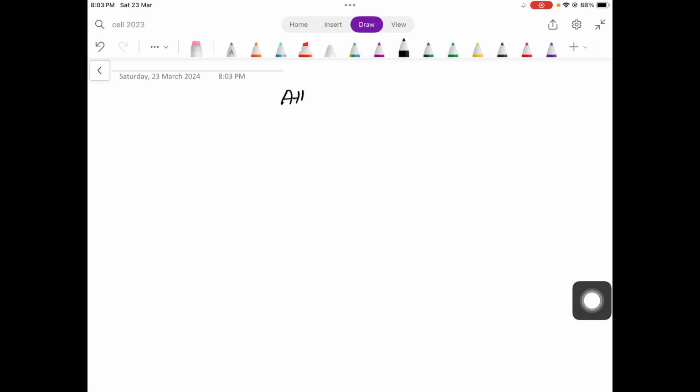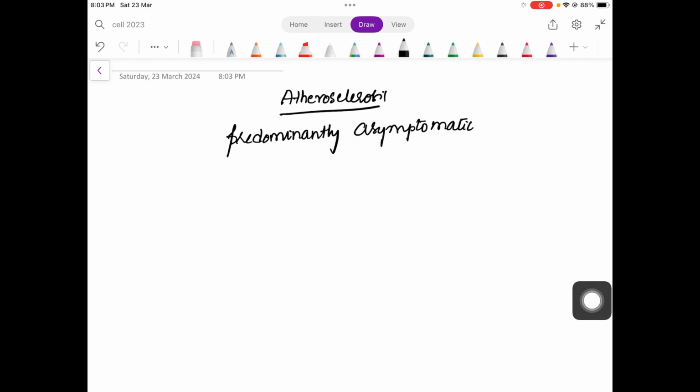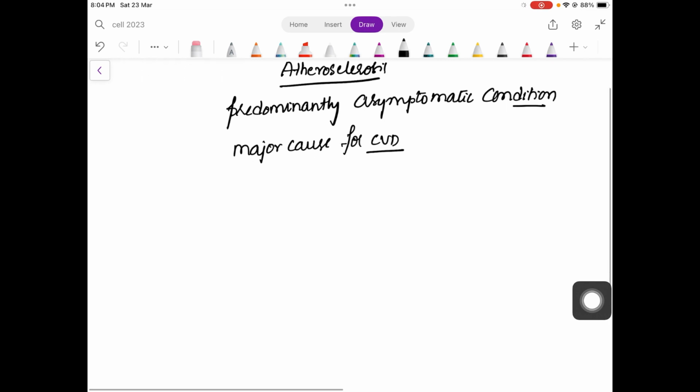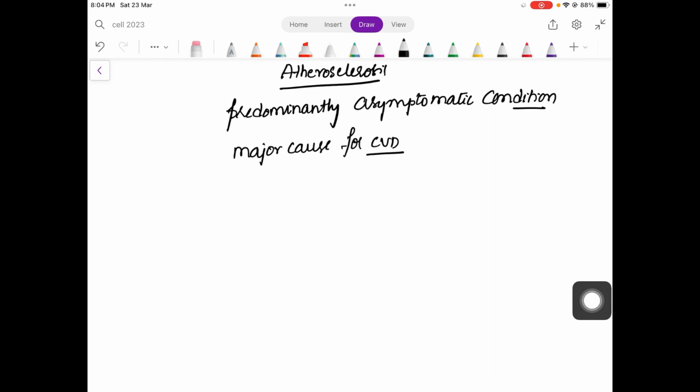In this class, we learn about atherosclerosis. This atherosclerosis is predominantly an asymptomatic condition where the patient won't experience symptoms, and it is a major cause for cardiovascular diseases. And for atherosclerosis to occur, the major culprit is an LDL molecule which carries cholesterol